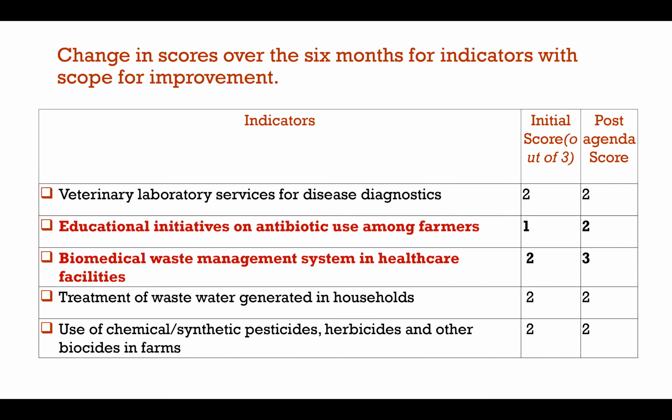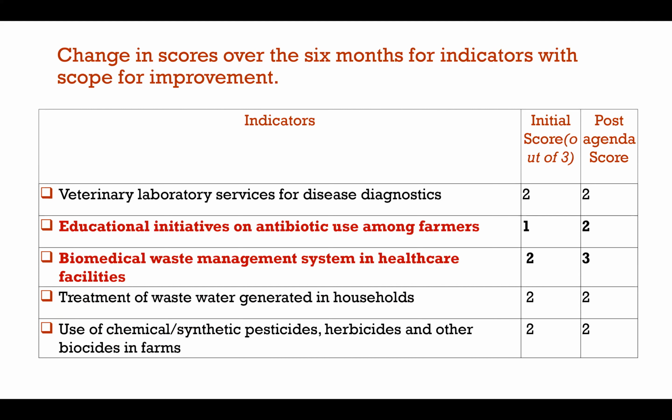So we did see an improvement in farmers, where there was a reduced usage of synthetic pesticides and herbicides, but we do have certain defined criteria according to which it has to function to be scored. So it is not reflected, but there were changes in the community. There was a substantial increase, from a score of 34 out of 45 to 38 out of 45, obtained over a period of 6 months.